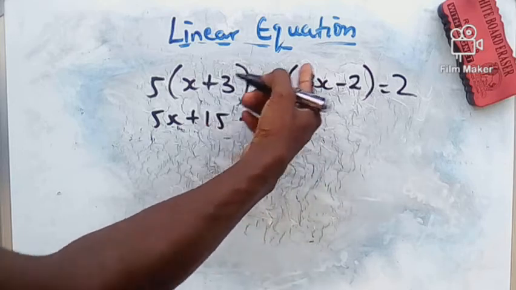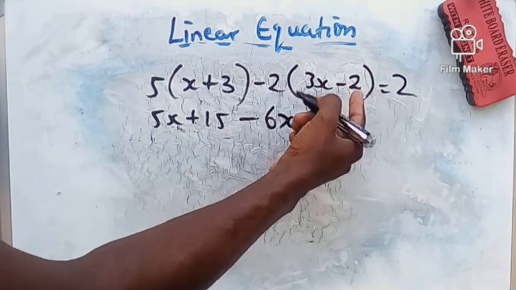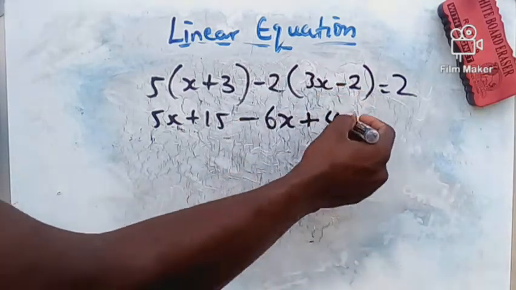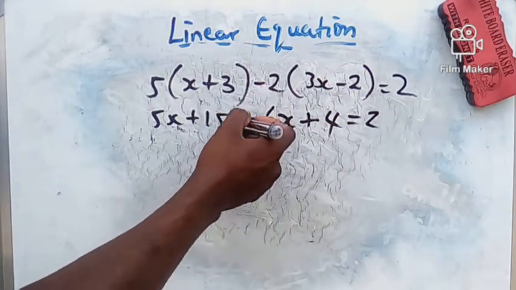6x. And we also do the same thing for the one inside there. That is to say, minus times minus, we have what? Plus. 2 times 2, and that is what? 4, equal to what? 2. Now notice that if we had